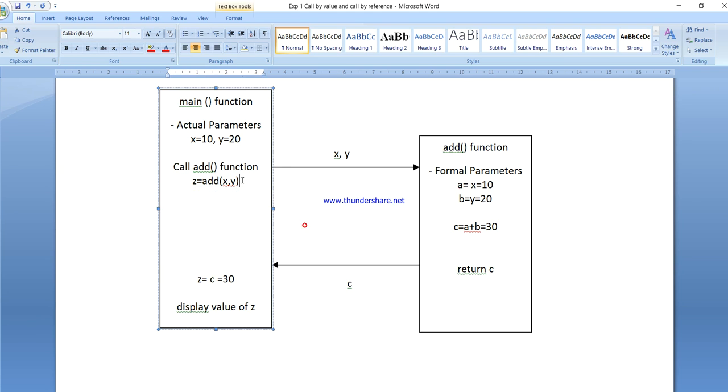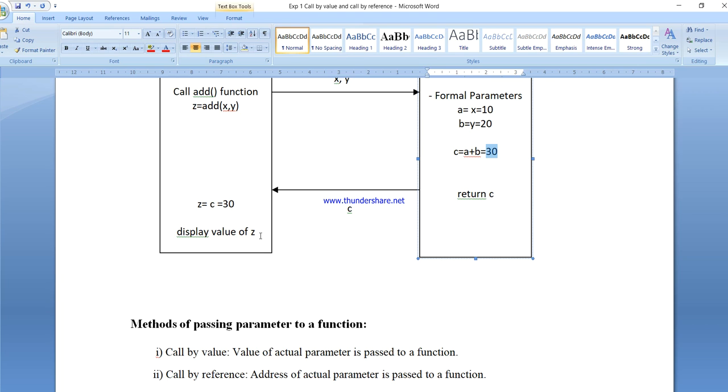So whatever value is returned by this add function, that will be stored inside the z variable. So in this example, the value that is returned is 30. So that 30 is stored inside the z variable, and then we display the value of z,